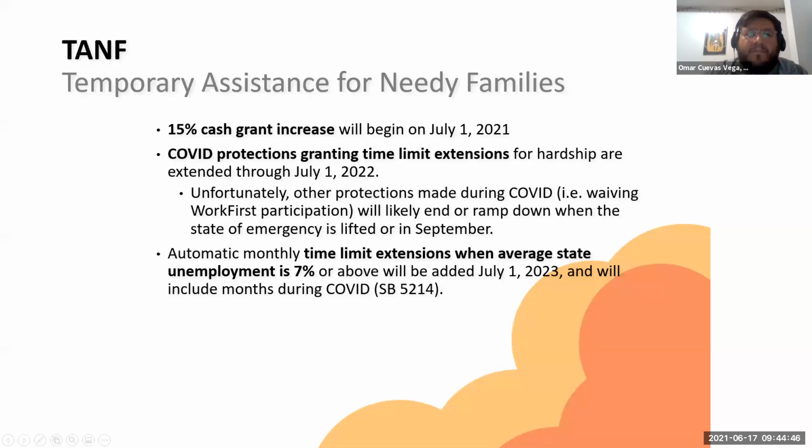Next slide, please. The first one I want to start with is Temporary Assistance for Needy Families. This is one of the biggest programs that we work on. One of the biggest wins that we had come out of legislative session was that we were able to secure a 50% cash grant increase, which will start at the beginning of July of this year, which puts us almost equivalent to pre-recession cash grant levels. As I've mentioned in some of my previous presentations, back during the Great Recession, the state legislature made some significant cuts to the TANF program to save money.